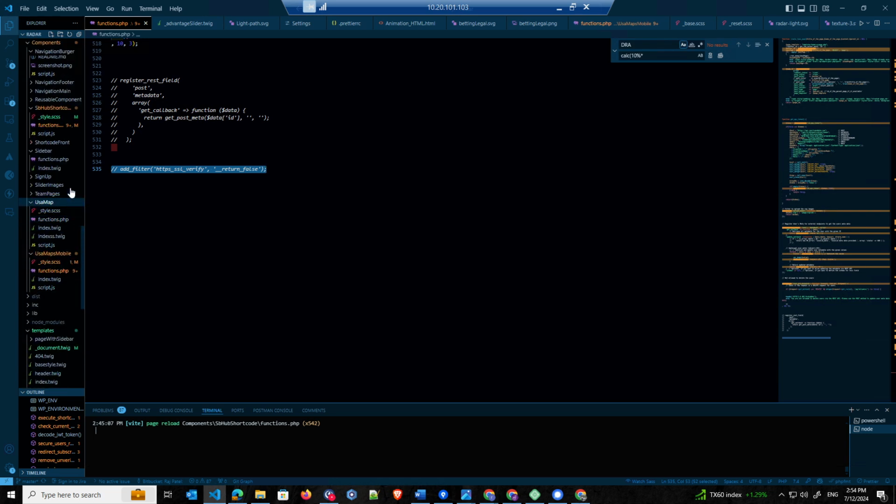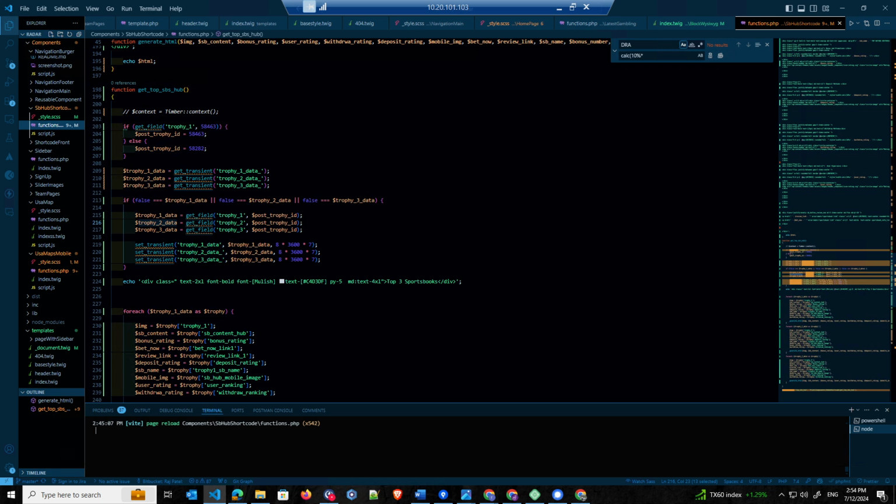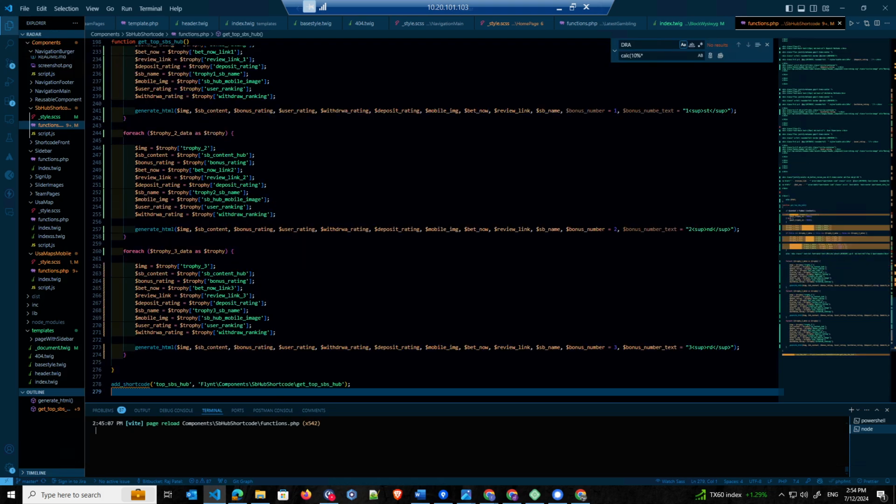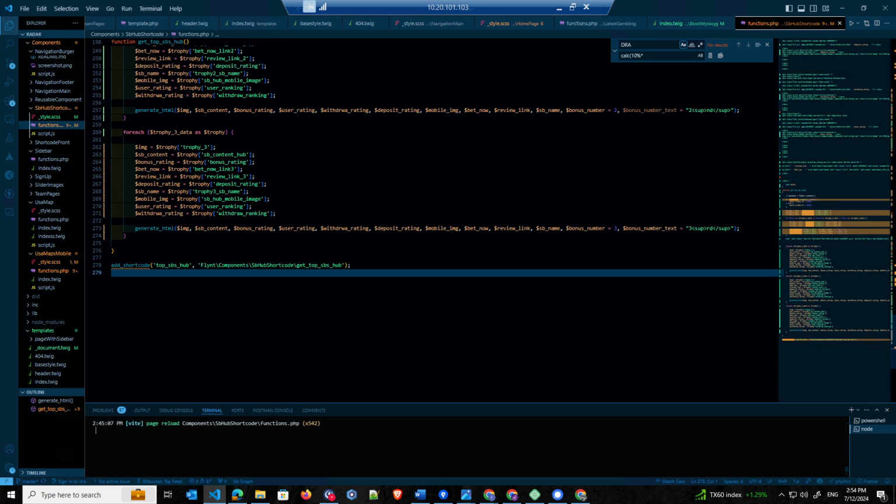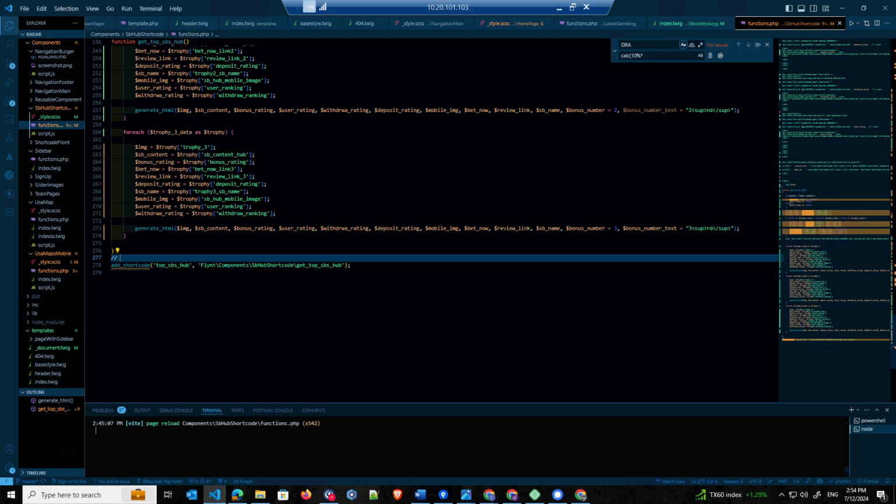So basically in this tutorial, I'm working with one website, and I need different components. For example, I have created multiple components like navigation footer, navigation main, reusable components, and then SB hub shortcodes. In this tutorial, I will show you how we can create a shortcode inside that functions.php. So first of all, if you are using the Flint theme, then you need to write add_shortcode. For example, here we are declaring